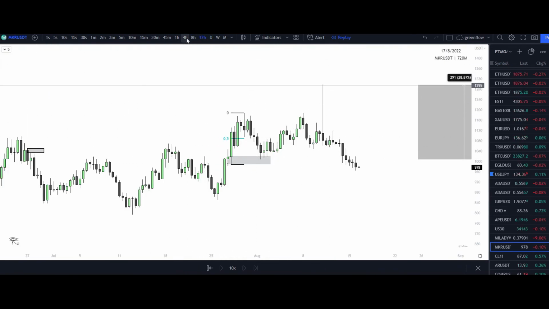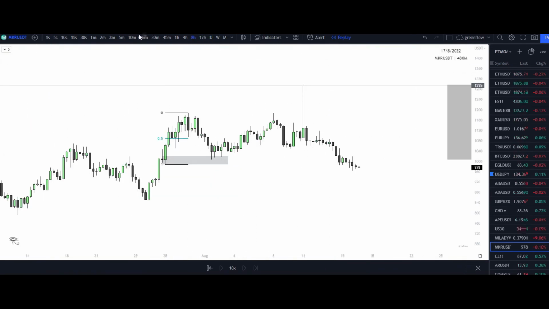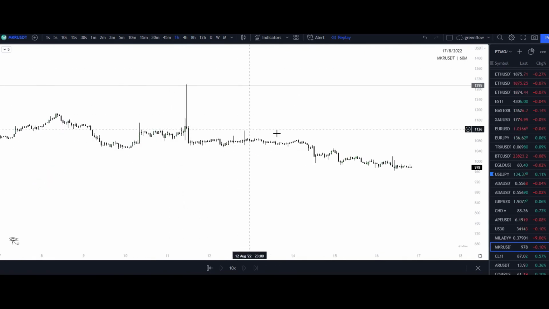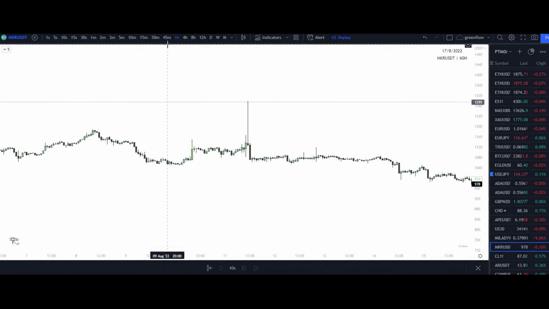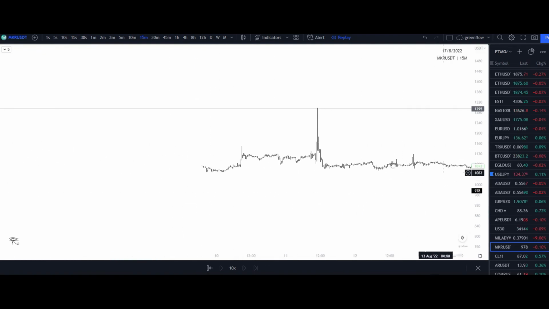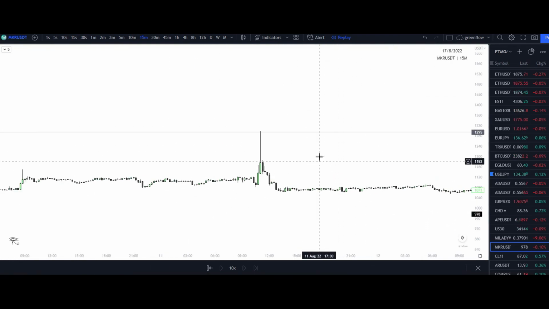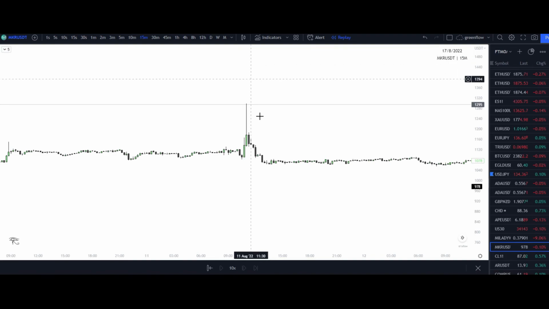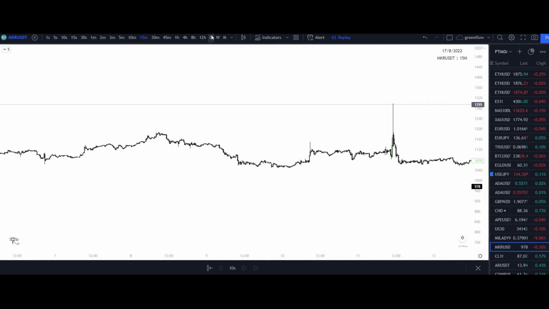If we look on the 12, we can see it like this. The 4 hour, I think this actually happened within... oh, this happened within an hour. How long was this? 15 minutes. Wow. Okay, so we came up and wicked that supply zone, right? And then immediately broke structure to the downside following. This isn't really what we want to see as far as breaks of structure go. This looks like supply is respected a lot more than demand was, right, at this point in time.